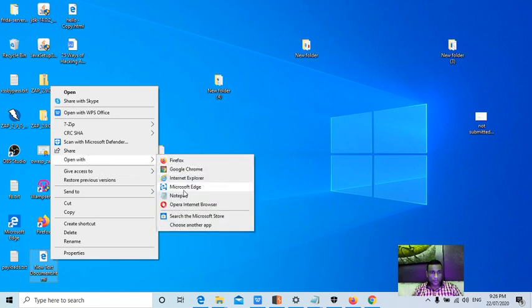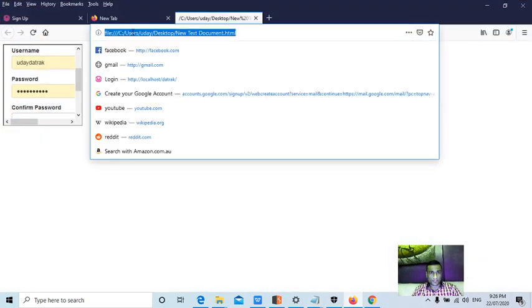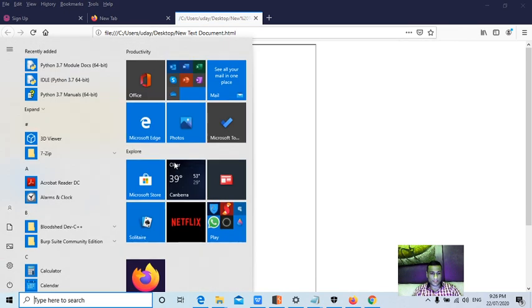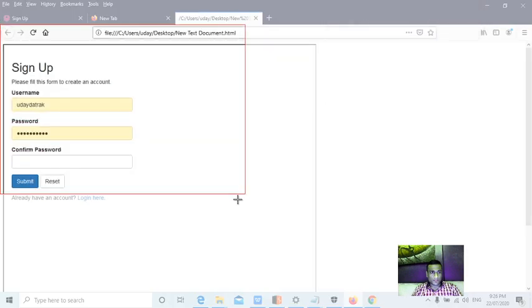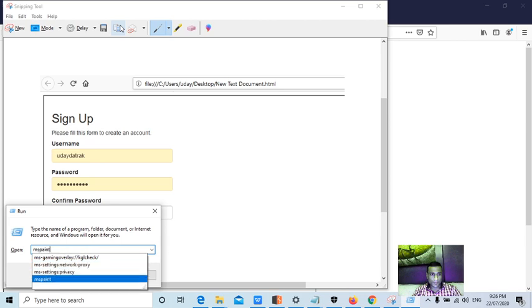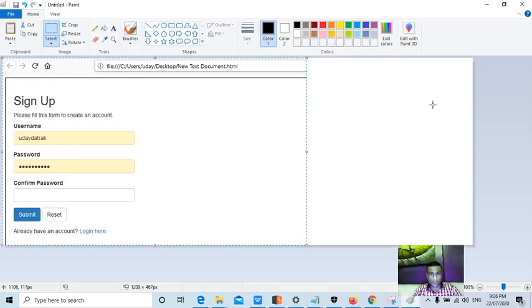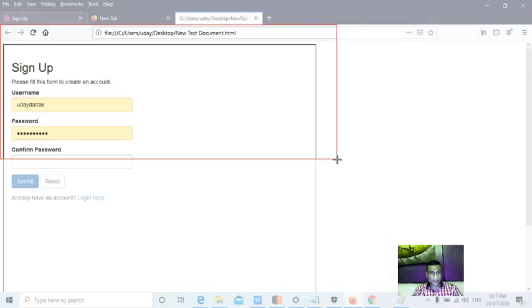To show you better in the GUI, I always use this number like 800 so that the complete username and password can be shown within the iframe, guys. Now I just take the screenshot, which is what you need to put in the report. I didn't take the screenshot properly. Yes, this one.